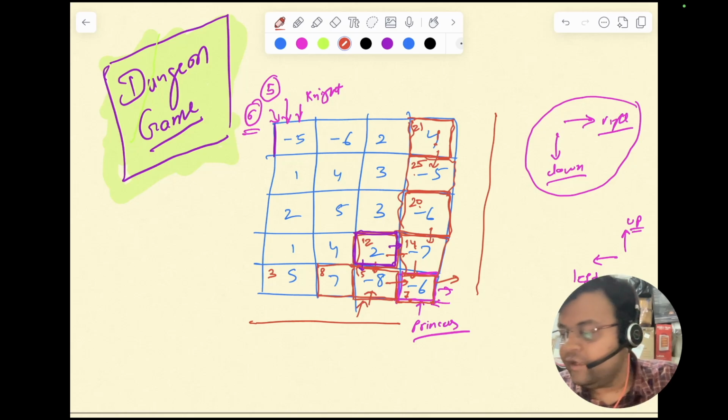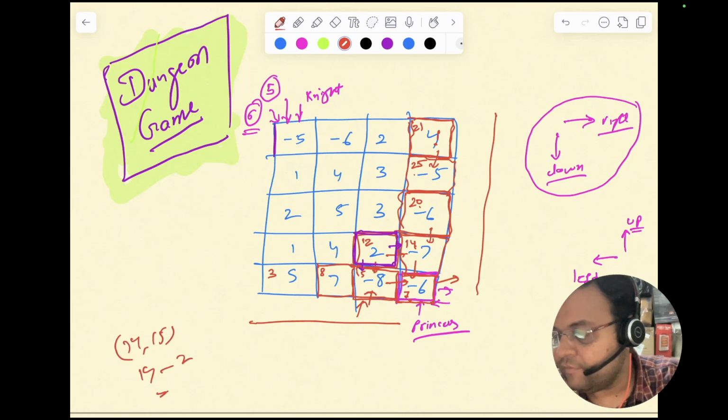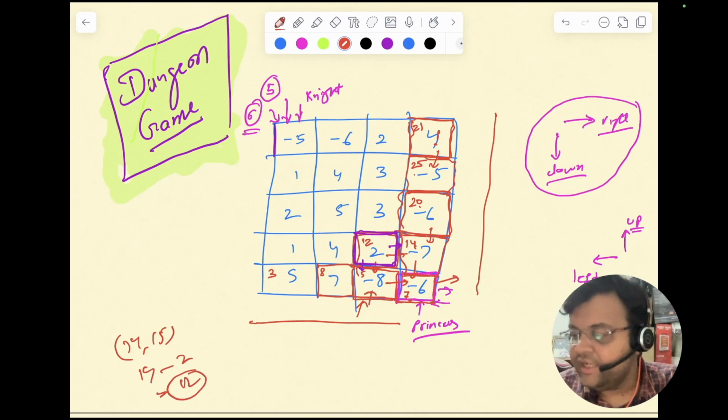So it will be the minimum of 14 and 15, plus 2, minus 2, sorry. So the minimum of 14 and 15 will be 14, minus 2, that will be 12, correct? So 12 points you need before entering into this room. Okay, now